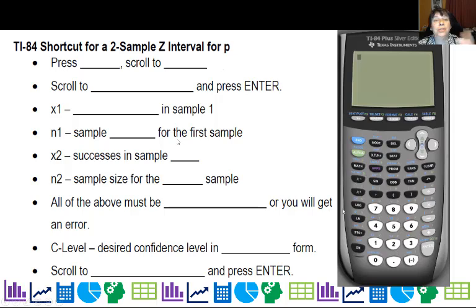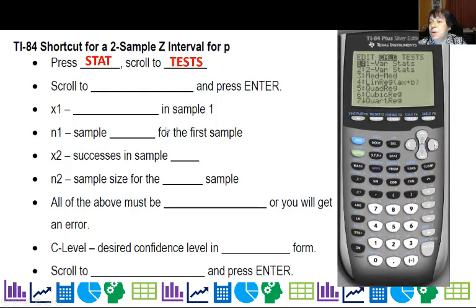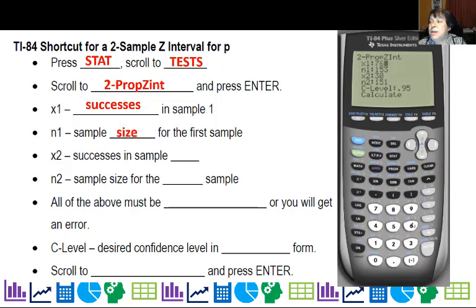So let's go ahead and show you the TI-84 shortcut. I'm going to use the same example. You're going to basically press stat and then test. All right, scroll to 2-prop Z interval, and we're almost there. There it is. And then hit enter, and then you're prompted for the number of successes, sample size, which I'm